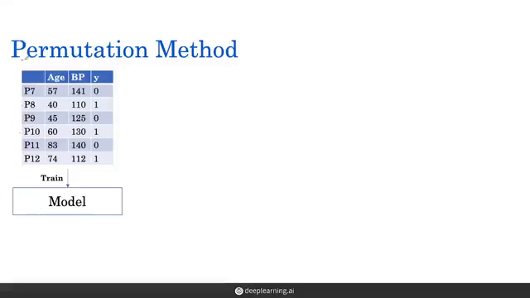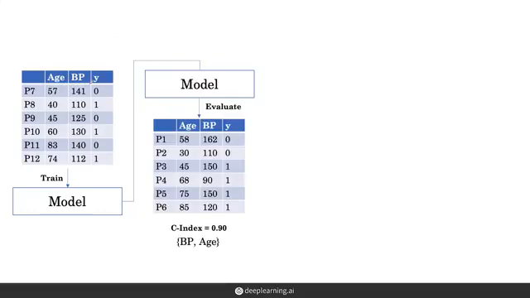We'll look at the permutation method to tackle this challenge of needing to train multiple models to determine feature importances. Once again, we have the same prognostic model setup as before, trained on age and blood pressure. We're going to focus on the evaluation of this model. Let's say we have a test set of patients that we can evaluate the model on, and we find that the model gets a test performance, a test C index of 0.9.